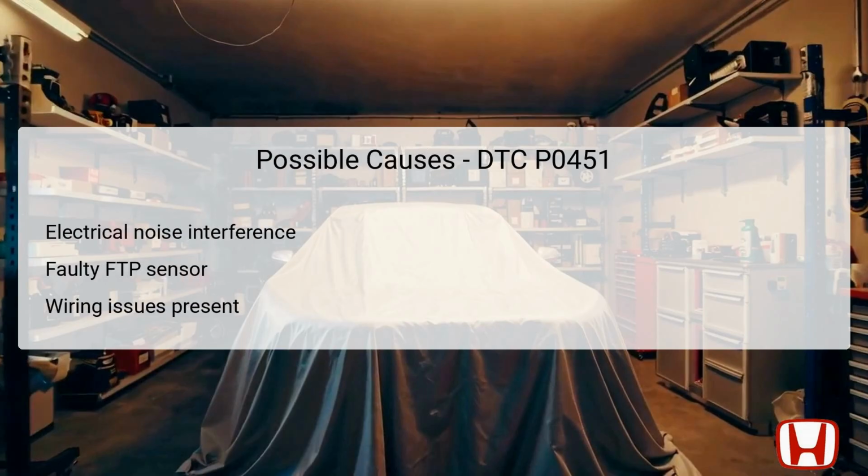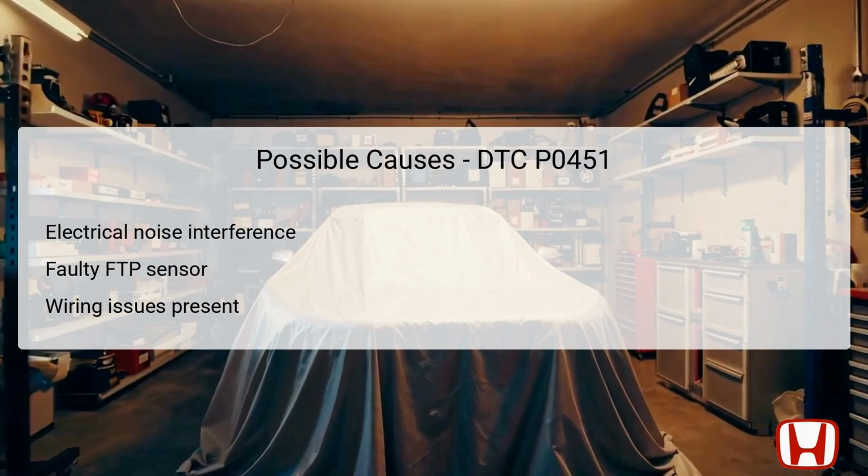Several factors may lead to the triggering of DTC P0451, starting with electrical noise interference affecting the FTP sensor's performance. Electrical noise can originate from various vehicle components, potentially overlapping the sensor's normal voltage signal and leading to erroneous readings. Another significant cause could be a faulty FTP sensor itself, which may not be providing accurate voltage outputs due to internal malfunctions. Additionally,